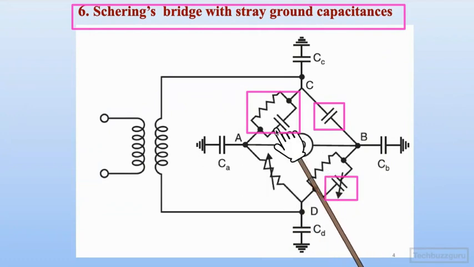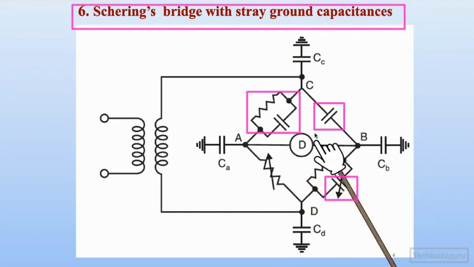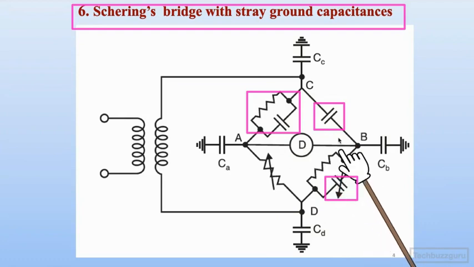by adjusting these ones and connecting the unknown ones, it is observed that the presence of these ground capacitances will provide a false null balance condition, and results obtained from that false null balance condition cannot be considered fruitful or useful for the purpose of power system evaluation. Naturally, we want to ensure that there are only three capacitances of the bridge present, and none of these are present. CA, CB, CC should not be present. So what is done in order to minimize this?